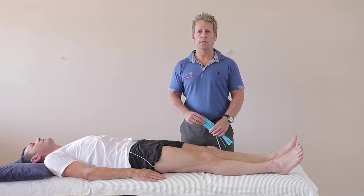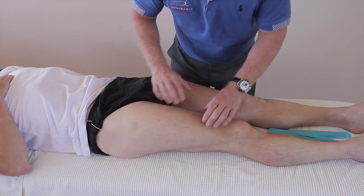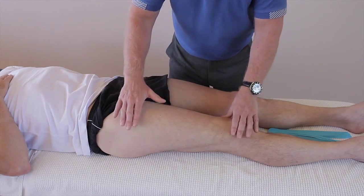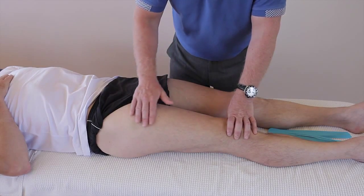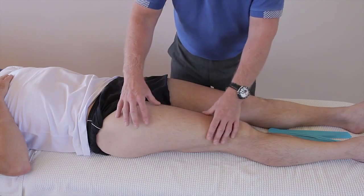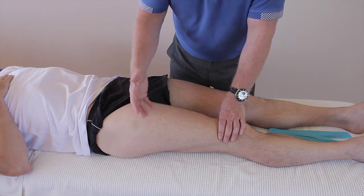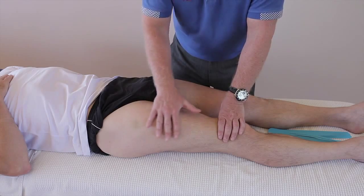In this video, we're going to look at a tape-in for a hematoma or swelling of a quadricep muscle group. Contusions to the lateral side of a leg are very common in sport, especially rugby. So if a patient presents with swelling, bruise into this area, then you can call it a hematoma. As long as there's no obvious bleeding present, then you can apply the kinesiology tape directly over the actual area